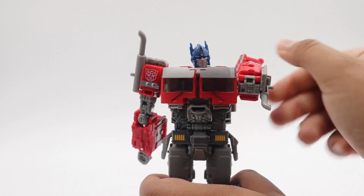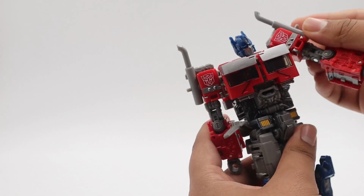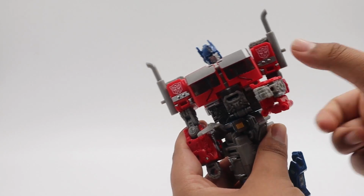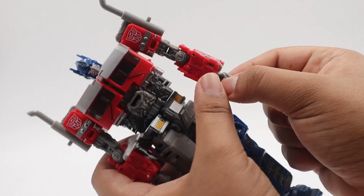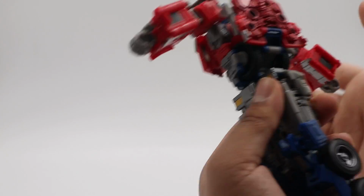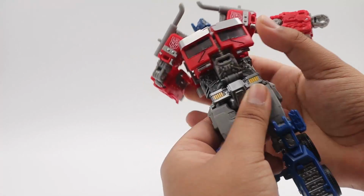And then again, as we were talking about the arms, they can do that all the way around just like that, but no butterfly. Can't really pose that much, and he is on a double elbow, so you can't go back, forward, spin around pretty good. And then his little fist can just do a little 360. He does have a huge waist swivel, so this dude can just spin all the way around if he wants,